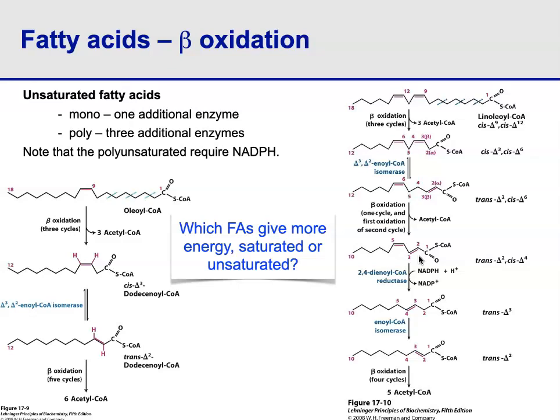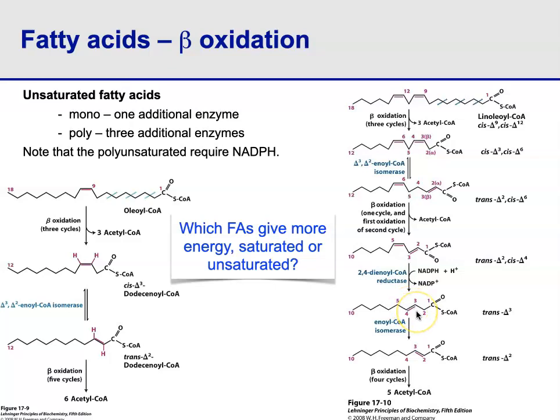The way the body solves this is by reducing these two double bonds, one cis and the other trans, into one trans. So we have 2,4-dienoyl-CoA reductase, and we use one molecule of NADPH here. We take an electron pair and invest it into the compound